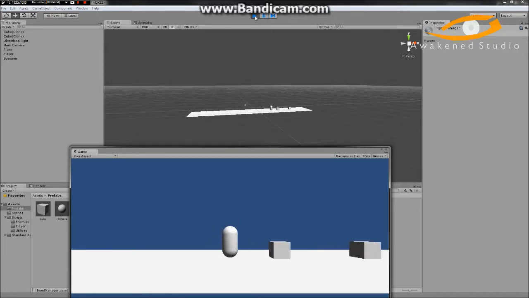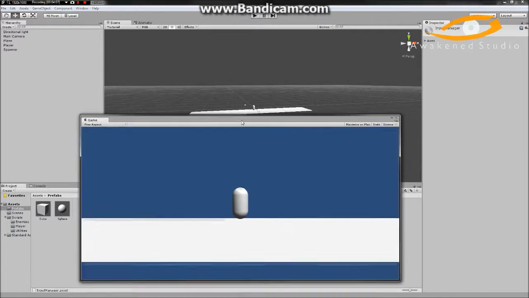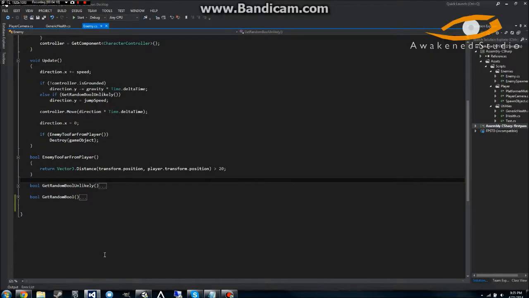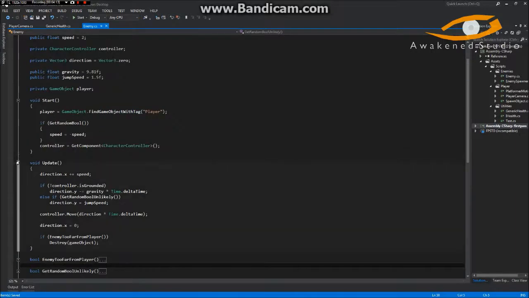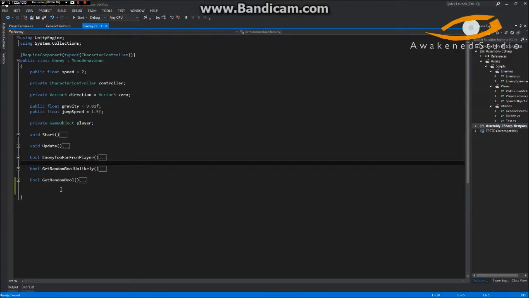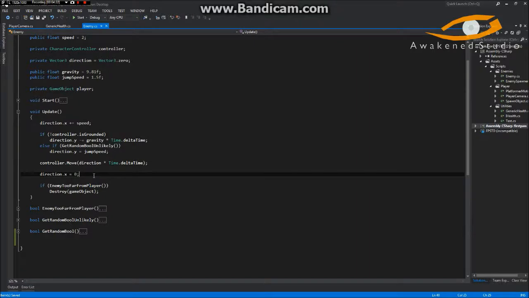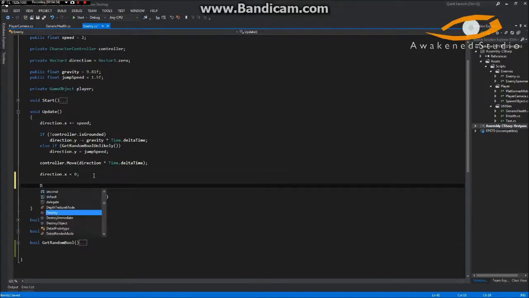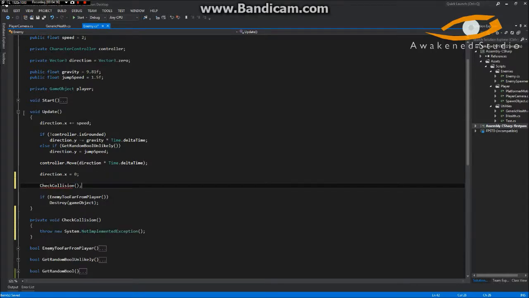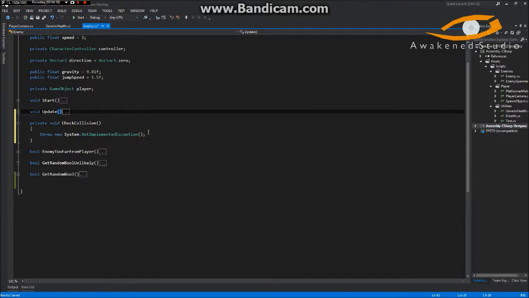Okay? So next thing I want to do is get our collision working. I'm just going to minimize these guys so it's not obstructing our view here. We're going to do, actually open this back again. We're going to do check collision. Let's go ahead and make this function here. And what this will do is, and remember this is being called every frame, we'll do an if